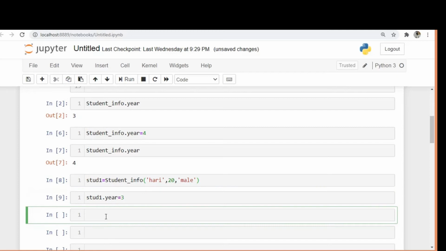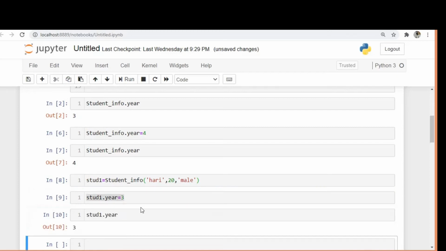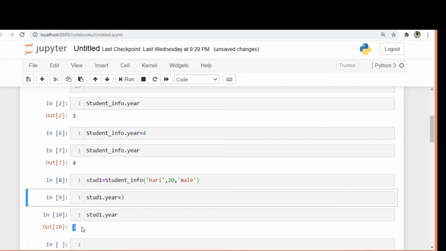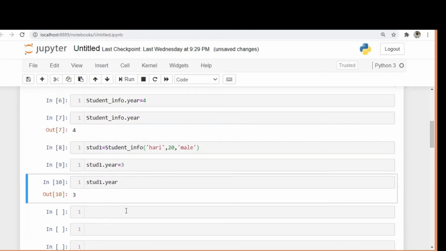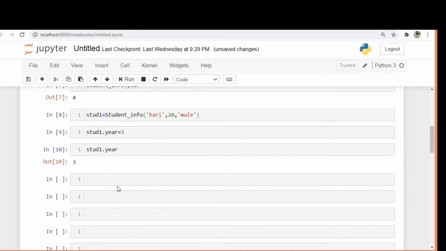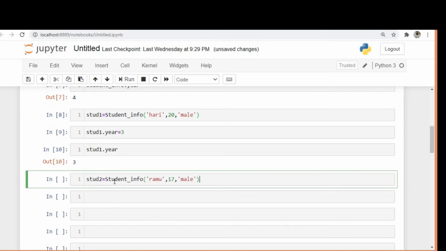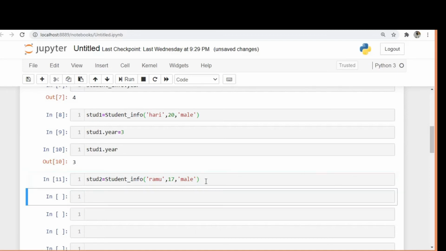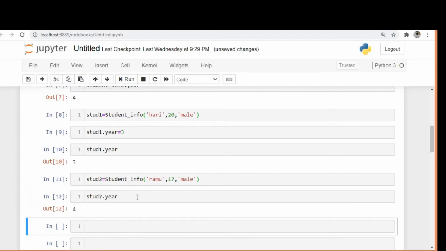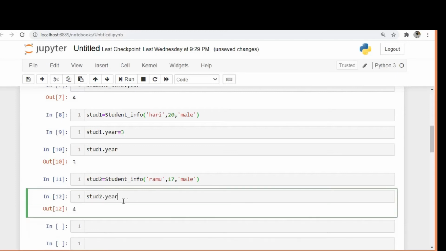Now if I just print that, you can see we got the value of 3, right? And similarly, if I create another object, student2, equal to Ramu, 17 and male, I have given that. And now if I just try to access student2.year, you can see